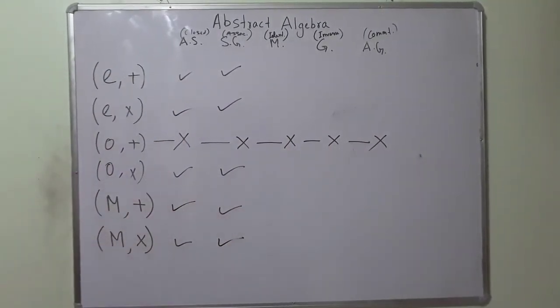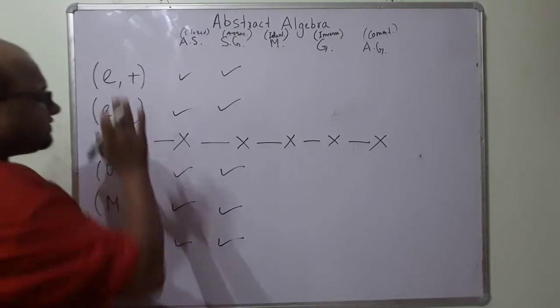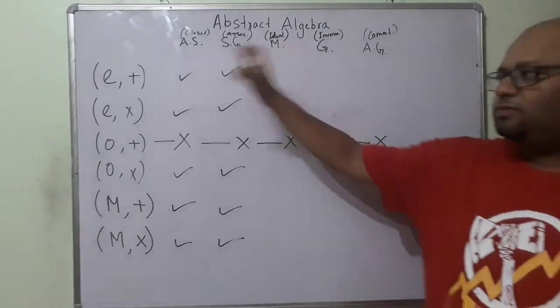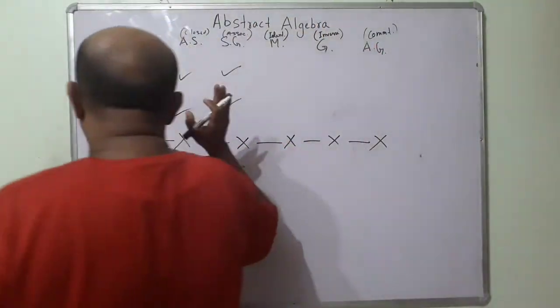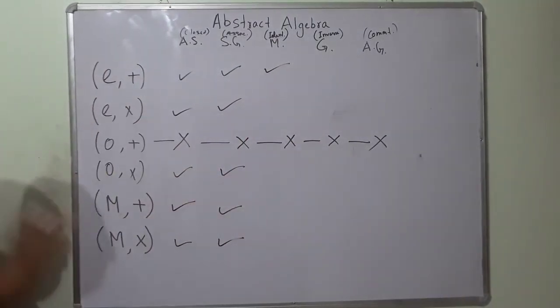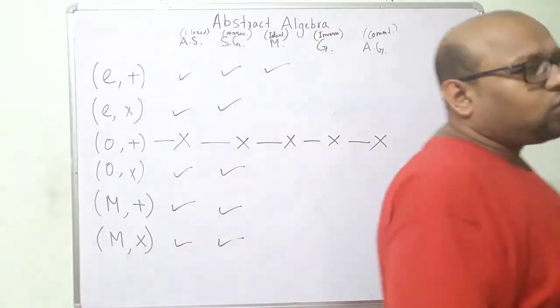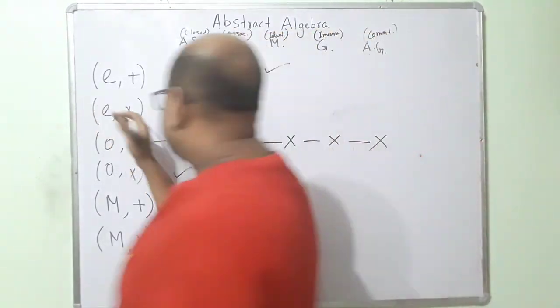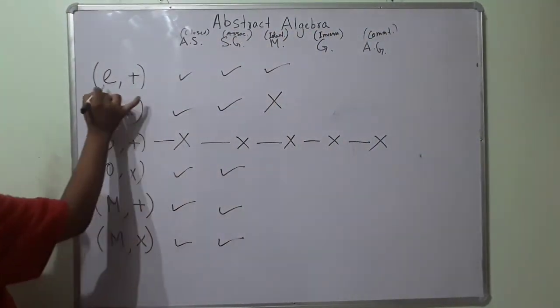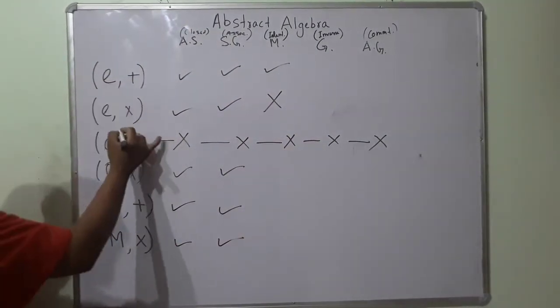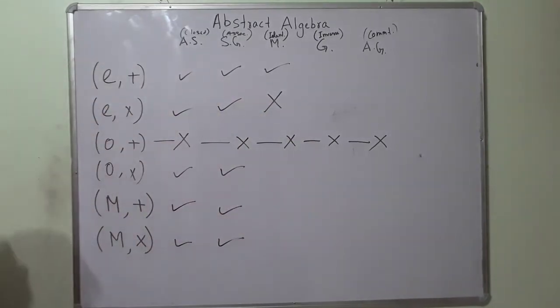Okay. Now, does identity exist? What is the additive identity? Additive identity, we talked about this, is 0. So 0 belongs to the set of even numbers. Fine. What is the multiplicative identity? Multiplicative identity is 1. 1 is not an even number, so 1 does not belong to the set of even numbers. So the set of even numbers under addition is a monoid, but the set of even numbers under multiplication is not a monoid, it is a semigroup at max.